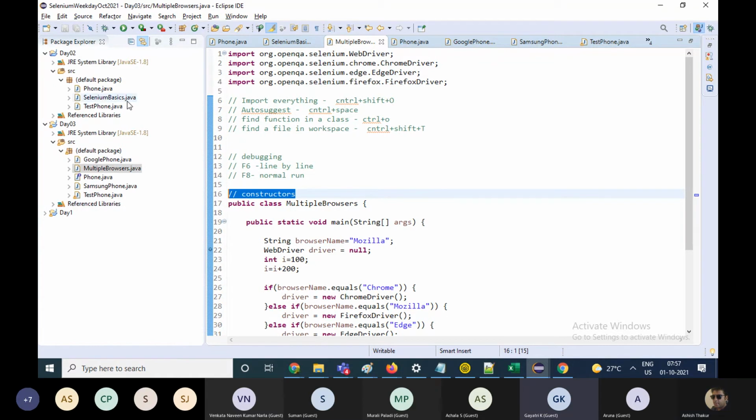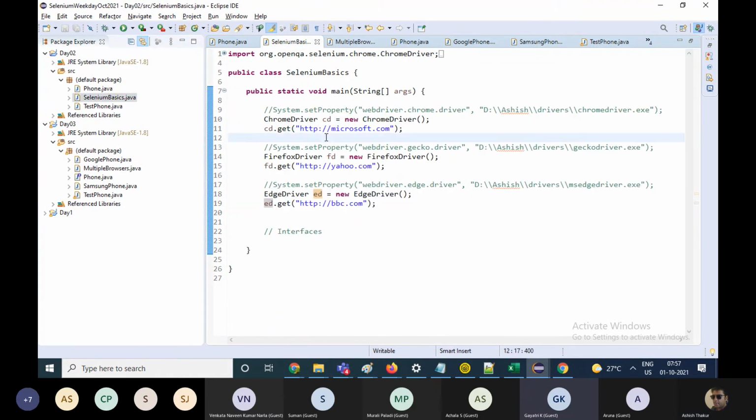If you want to launch all three, say like I want to launch Edge, Chrome, and Mozilla at the same time, and run my test cases on all three browsers at the same time, how to do parallel execution is also possible. TestNG will be used in that. I haven't taught you TestNG as of now. Parallel execution of the test cases, you are basically talking about how to run one script parallelly on multiple browsers. You can also do that. I'll tell you in coming days. TestNG is used for that. Okay.